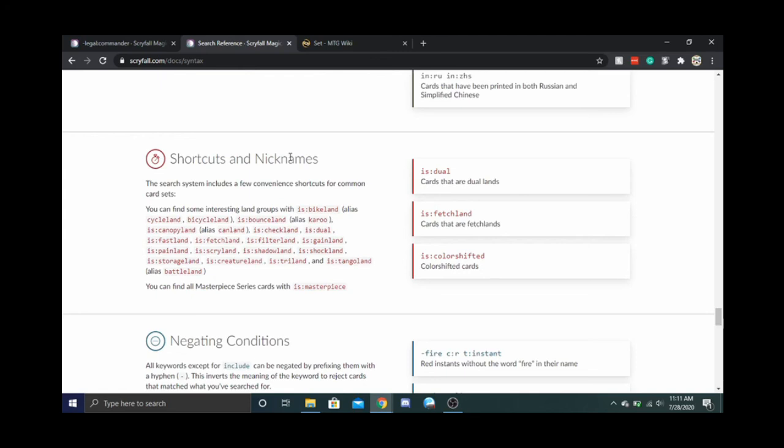Alright. There's also shortcuts for basically land groups. So bike lands, cycle lands, bounce lands, bike lands, cycle land, bicycle land, all the same thing. Bounce land, Karoo, same thing. You're using the is keyword, so is bike land, or is cycle land, or is bounce land, or is Karoo. Canopy land and can land are the same thing. Check land, dual, fast land, fetch land, filter land, gain land, pain land, scry land, shadow land, shock land, storage land, creature land, try land, tangle land, and battle land is the same thing as tangle land. So basically, those are all the specific